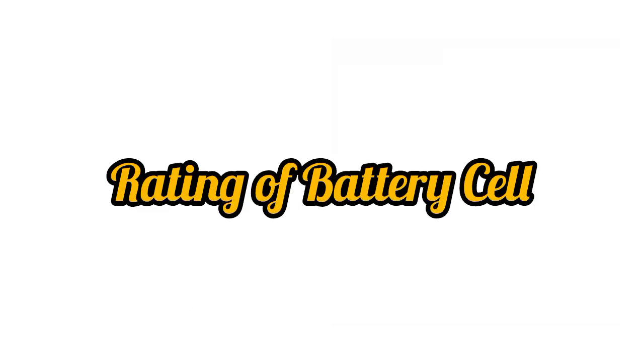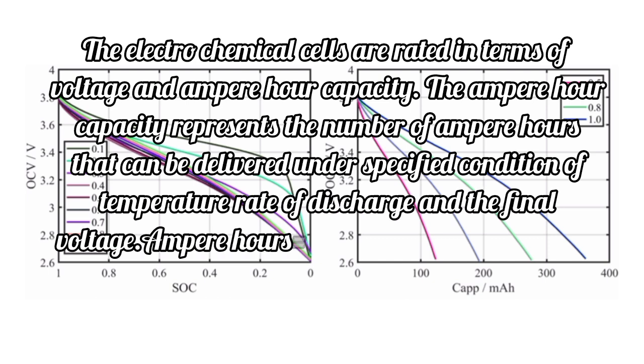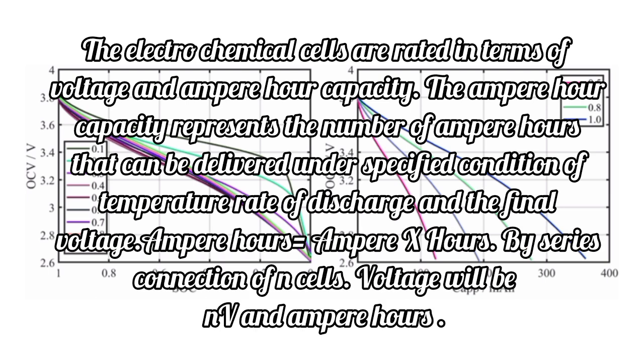Rating of battery cell. The electrochemical cells are rated in terms of voltage and ampere-hour capacity. The ampere-hour capacity represents the number of ampere-hours that can be delivered under specified conditions of temperature, rate of discharge, and the final voltage. Ampere-hours is equal to amperes times hours. By series connection of N cells, voltage will be N times V and ampere-hours